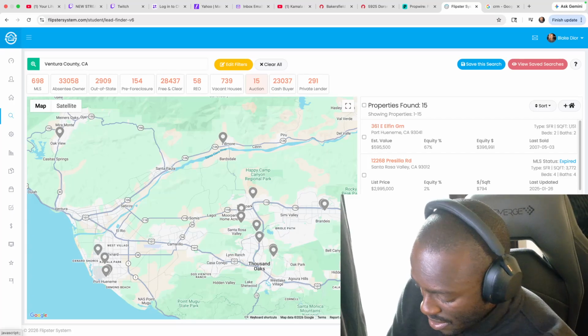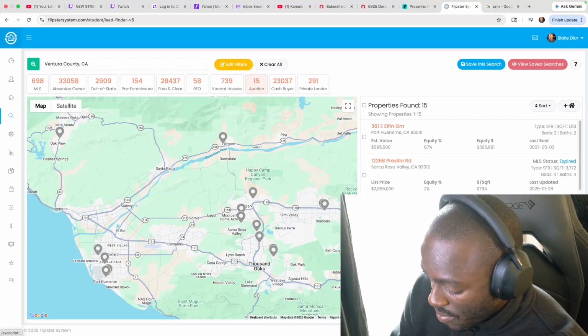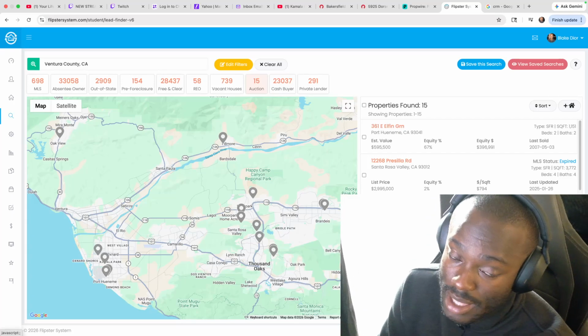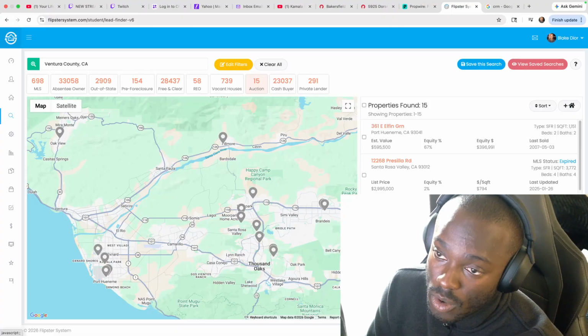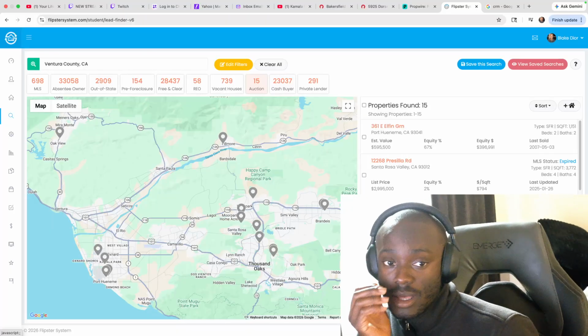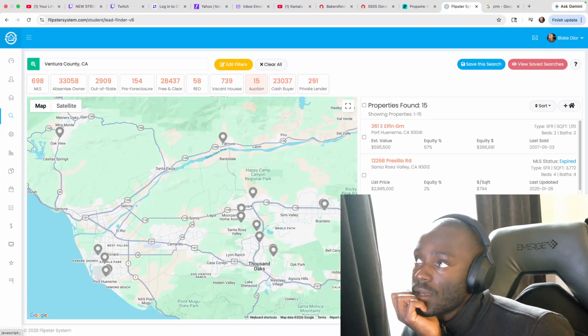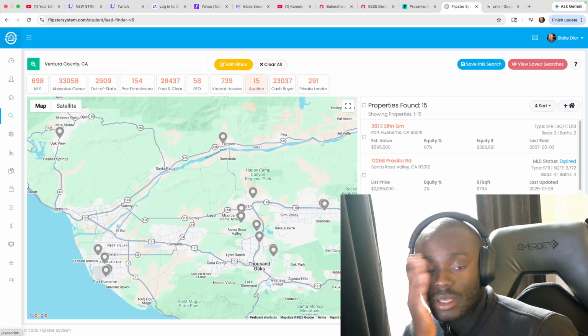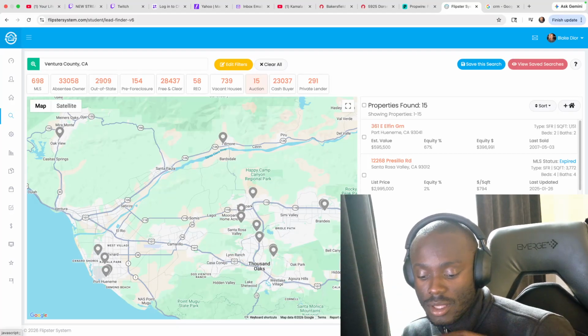And then you have your private lenders. Your private lenders are the people who give the cash, either to the cash buyers, or they're just banks where you could leverage borrowing private money. You got private money and hard money.